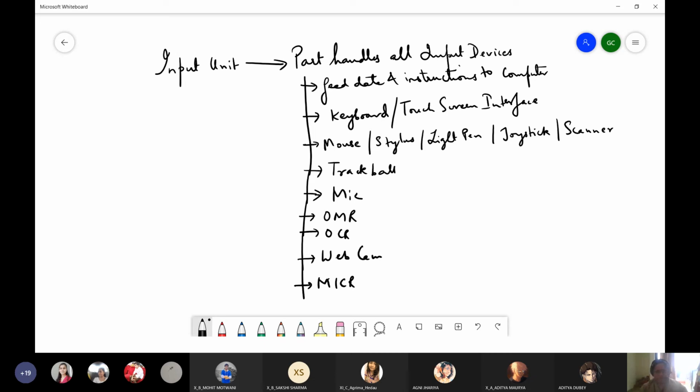So all these devices, we will see in a GIF, right? These are all input devices, and there is an endless list of input devices available in the market, which are used to feed information and data to the computer. What do we need to feed to the computer? Data and instructions. When I say data and instructions, instructions basically refer to the computer program. I want the computer to do some task, right?